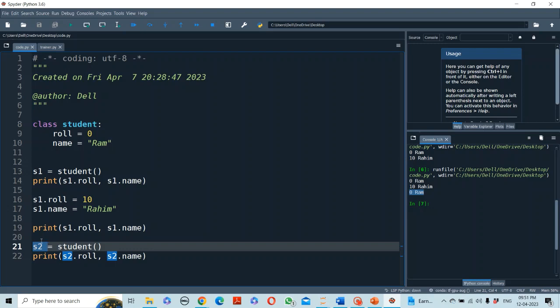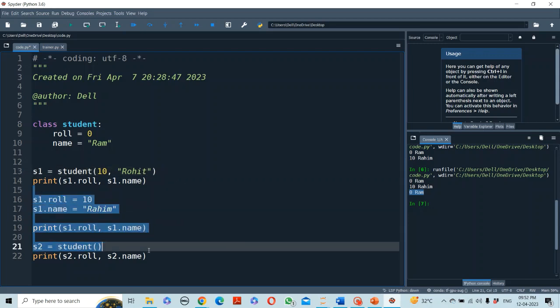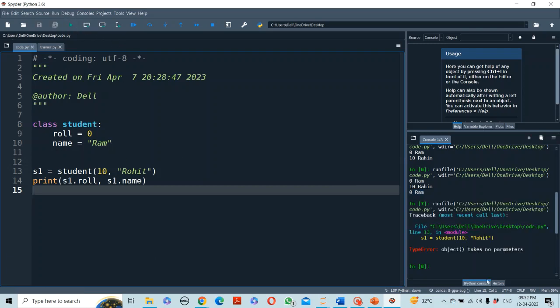It should be clear to you. Anyway, as I was saying, if I want to pass a particular roll number and name during creation of the object, then I have to pass it over here. For example, I want to pass roll number 10 and name directly here, for example, Rohit, something like that. In that case, if you run this code,